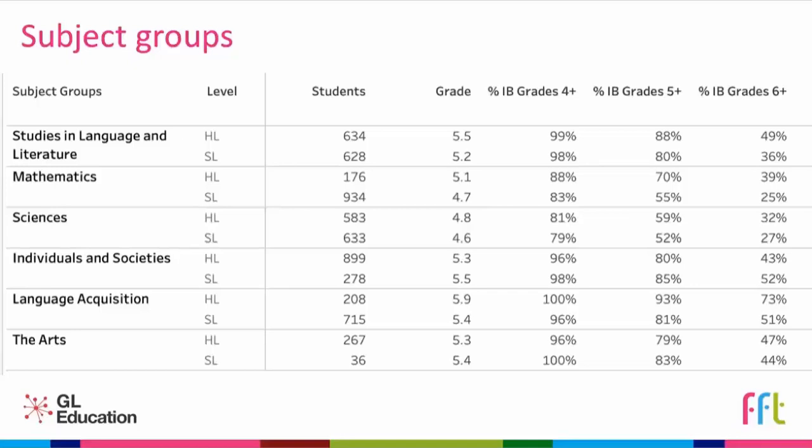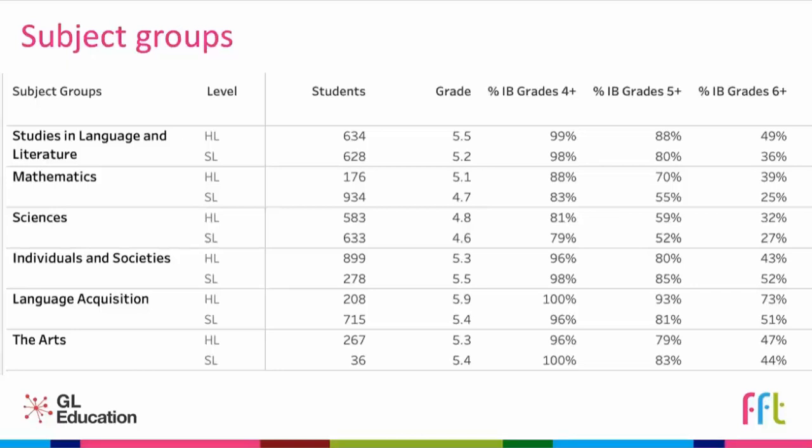Again, there are some interesting trends there. For example, in maths, students achieve slightly higher grades in higher level compared to standard level. But if we look at individuals and societies, that flips around, and students achieve slightly higher results on average in standard level compared to